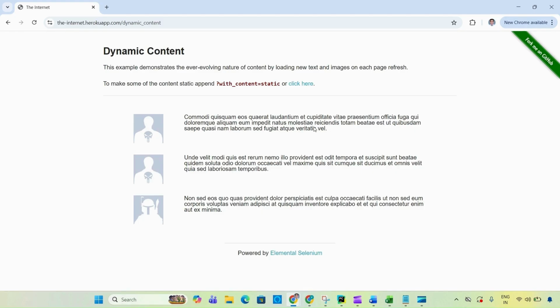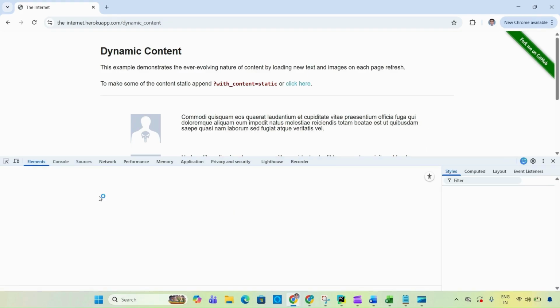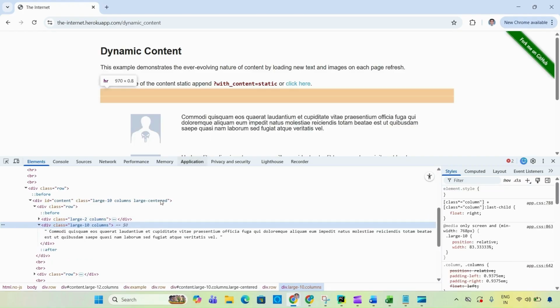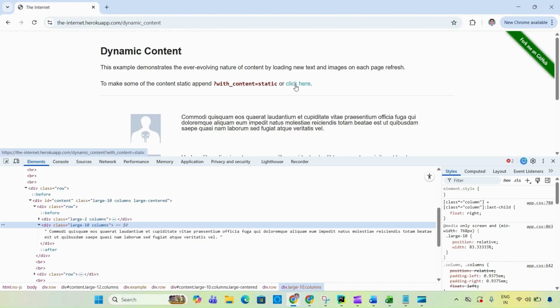So, if we inspect this, here we'll get to see its location in the DOM. Now, let's consider this particular paragraph. We are inspecting it and we got this particular location. Now, let's say if we click on this particular link, what happens is